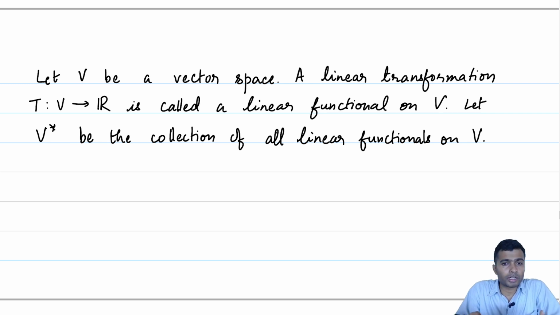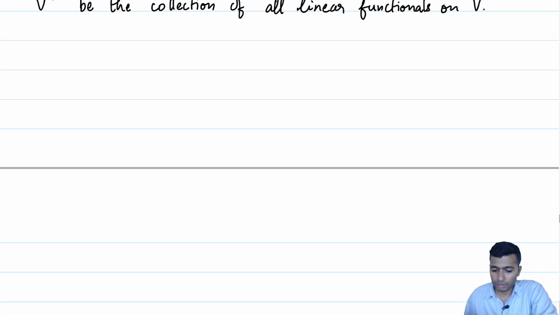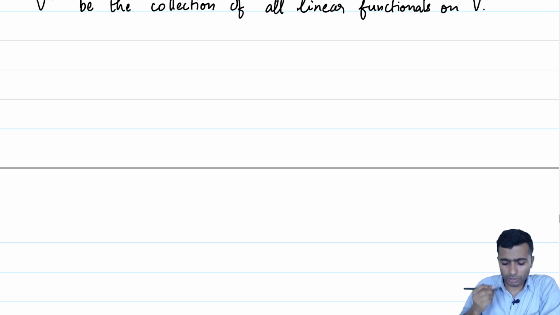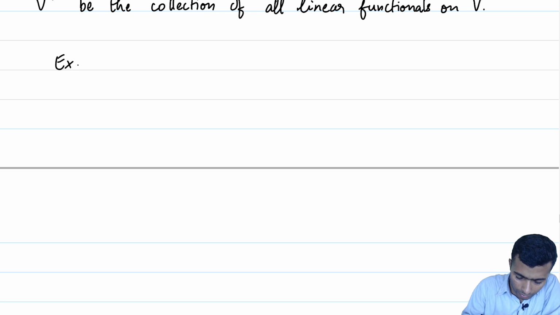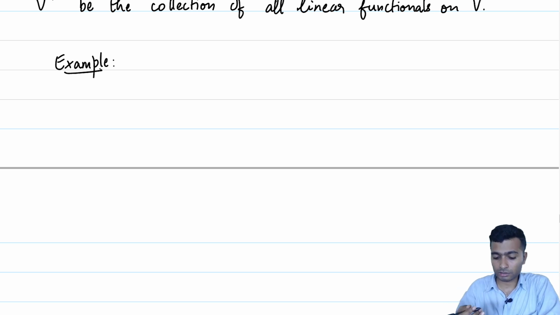So, if our W is our R here, all those definitions can be used here to talk about addition of linear functionals and scalar multiplication of linear functionals. So, let us do that and give a vector addition on V star and a scalar multiplication on V star. So, before we go into that, let us look at an example of a linear functional which will indicate why we should be considering these objects.